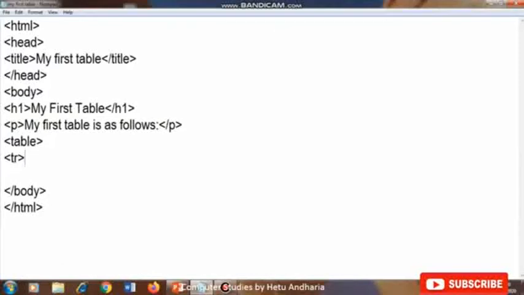Inside that tr we will be creating a column, and the data in the first column of the first row will be this: row 1, column 1. Then /td.